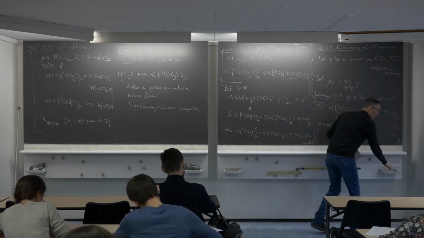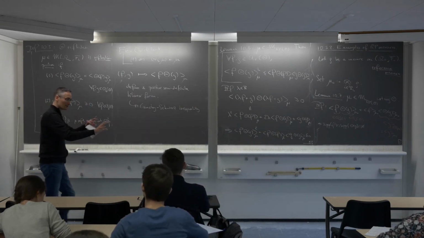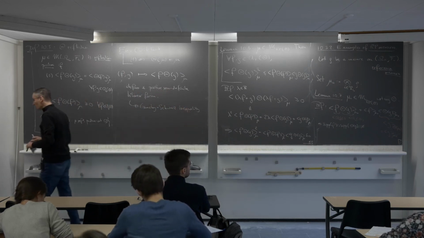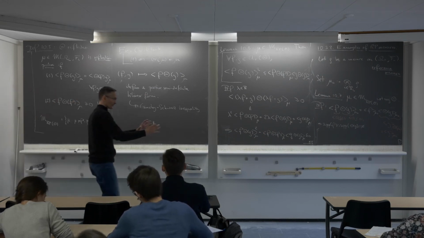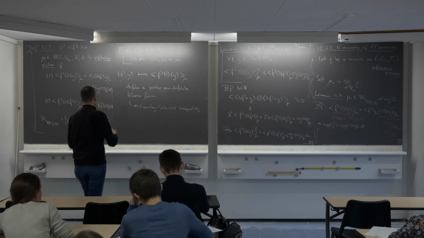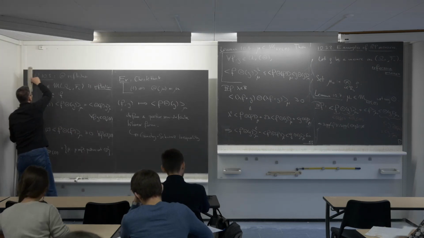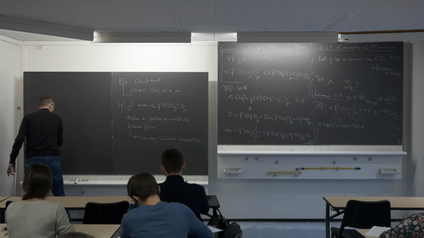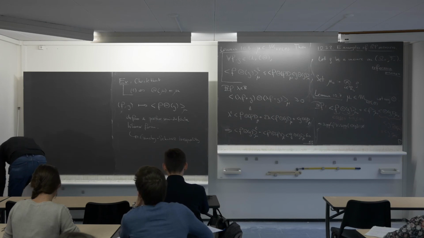But we are not interested in product measures. We're interested in Gibbs measures, which are of the form of product measures with a density of the form e to the minus H for some Hamiltonian. So that's what we want to do. What condition can we put on the Hamiltonian in such a way that if I have a product measure as my reference measure, and I multiply it by e to the minus H, I keep the reflection positivity property? So that's what we are going to investigate now. I'm going to prove some sufficient condition.